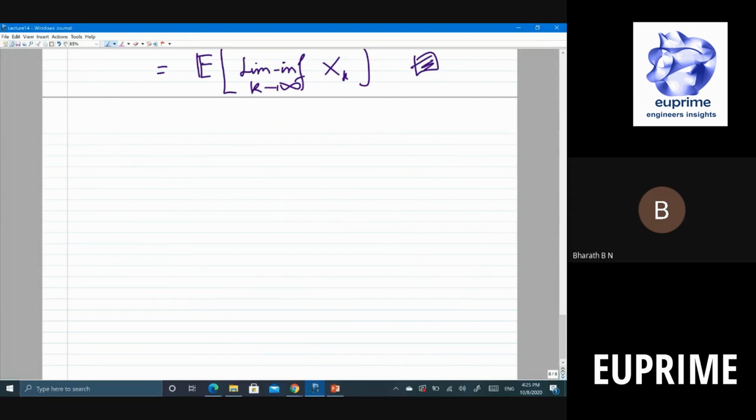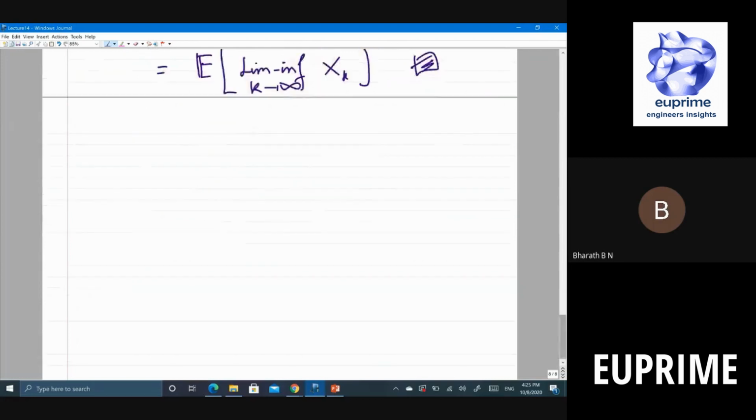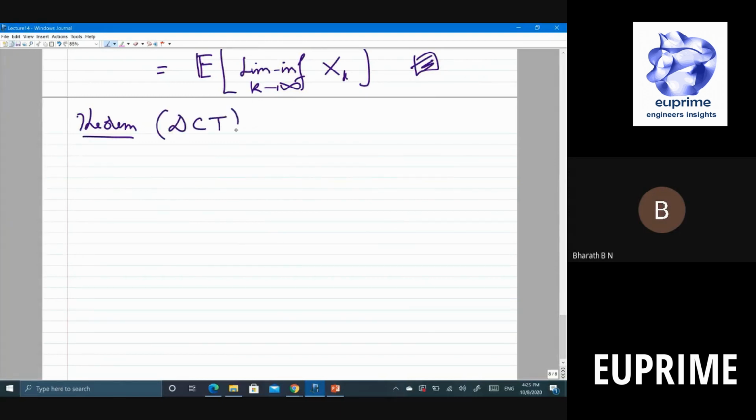So the next one that we are going to look at is a very important one, perhaps the last one, which is the dominated convergence theorem. So what is this saying? Now I won't prove this. I'll leave the proof as an exercise. You take two random variables, so one sequence xn and one random variable x. So you have x and xn, the random variables.